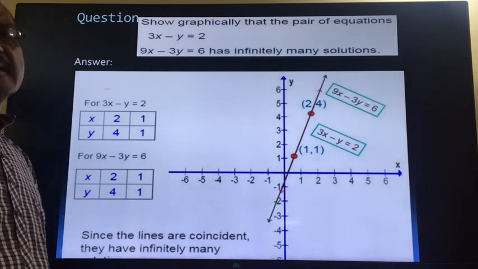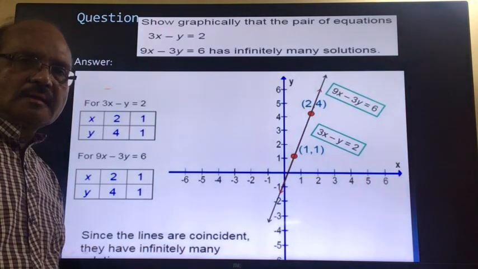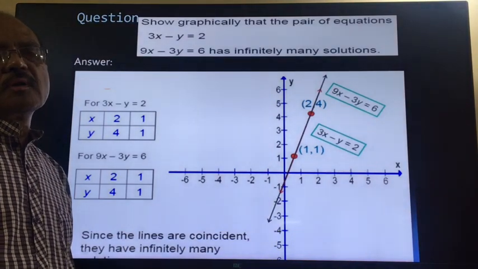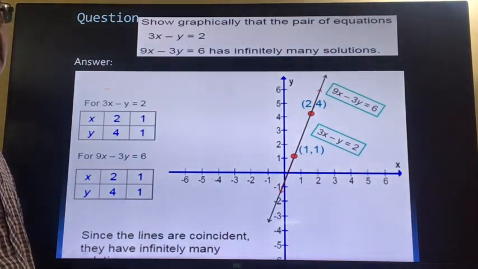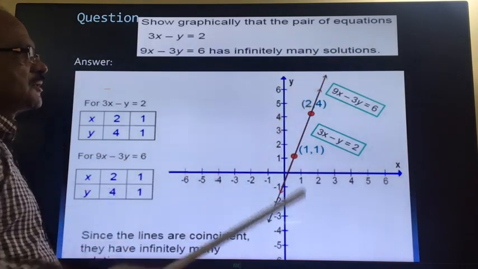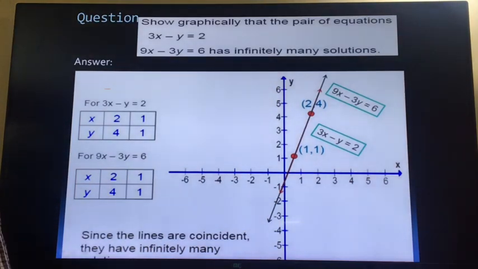So all the points are touching, which means they are intersecting. So infinite points form a line, so we are saying infinite points are touching each other, and therefore both the equations will have infinitely many solutions, because both the lines are coinciding, right? So the infinite points of one line are touching infinite points of the other line. So this is the question in which infinitely many solutions are possible, and we are saying the system is consistent. Consistent means it has a solution.